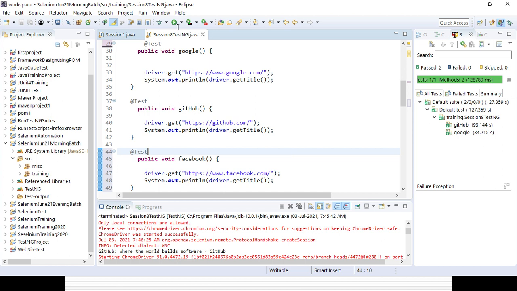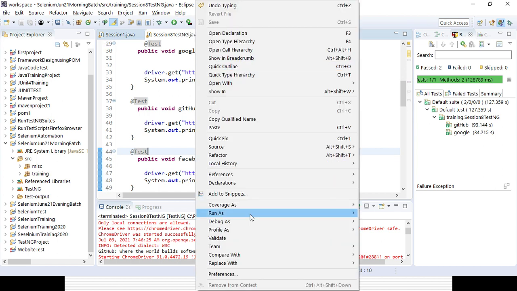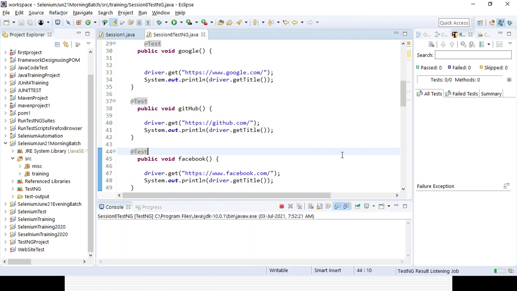Let's try to run it now as a TestNG test. It will run in alphabetical order, so F definitely comes first. The Facebook page will be executed first, then GitHub and then Google.